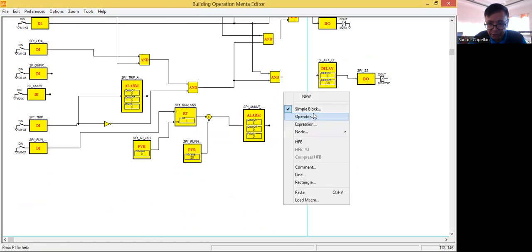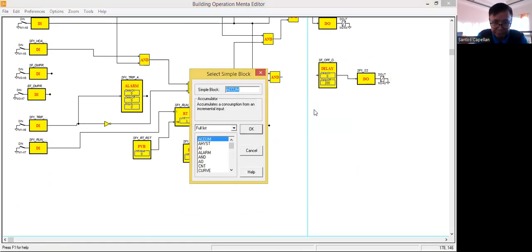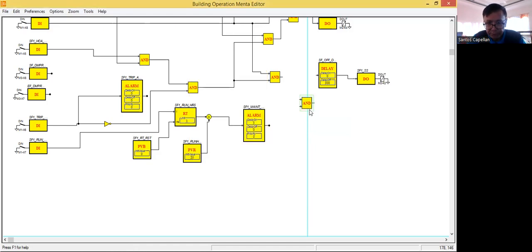Then I will create another end block here, so that I can include the. Now it's very easy. So this one is for SF, so I'm going to use this for my